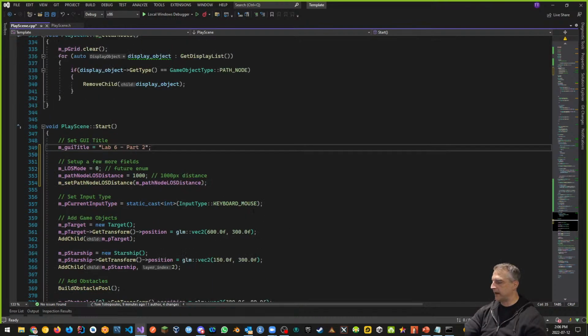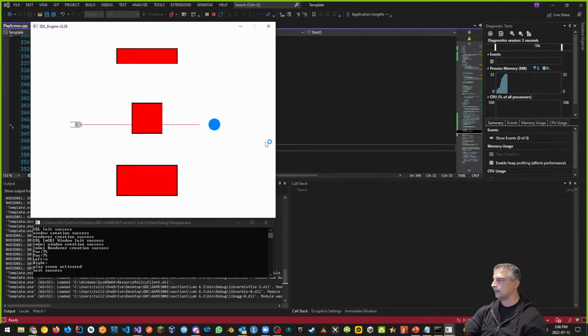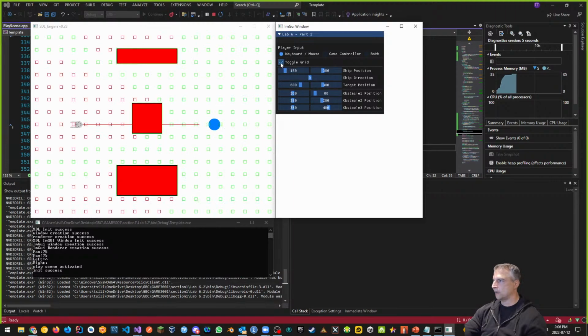We haven't removed the obstacles. What I want to check right now is just that my changes with what we did with my check agent line of sight are working. Okay, so let's do that. I'm going to run it, and let's hope it doesn't break. If it breaks, then we'll be able to fix it. So this is our first bit. If I turn on the toggle grid, now you can see this. And not only that, but if I move, you should see that it's almost looking like a shadow or a light is being cast from the